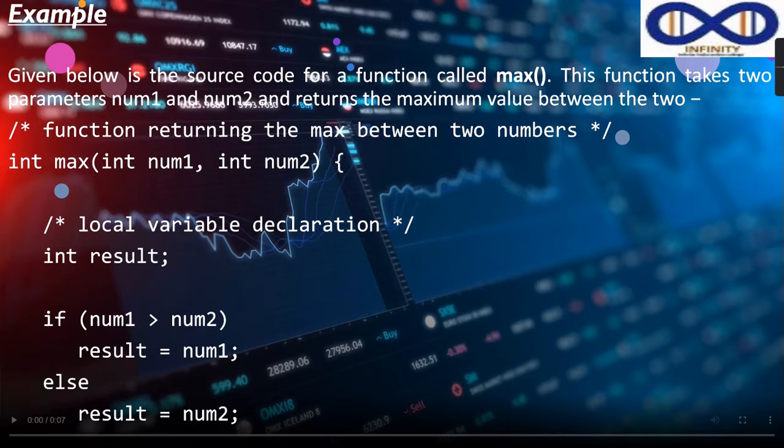Function returning the max between two numbers: int max(int num1, int num2) { /* local variable declaration */ int result; if (num1 > num2) result = num1; else result = num2;